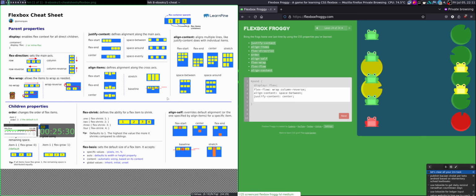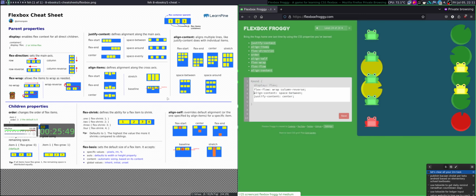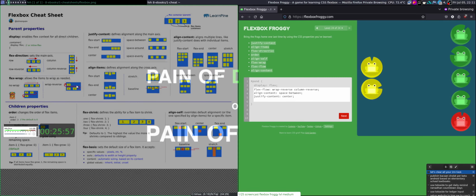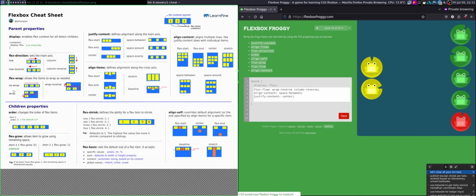Row reverse, column reverse, no wrap, reverse. Okay, I forgot about this one thing. Wrap has the option wrap reverse. Okay, I forgot this one, wrap reverse.